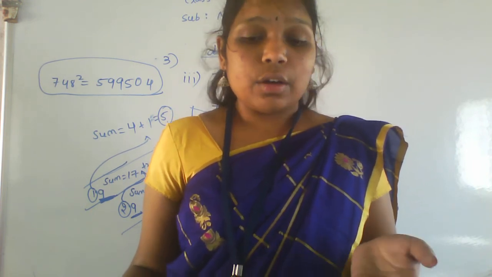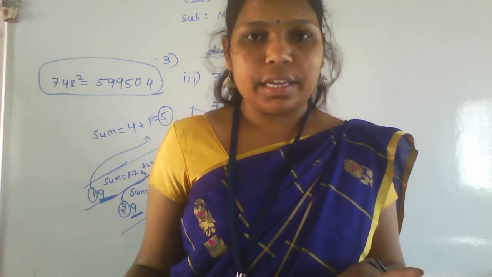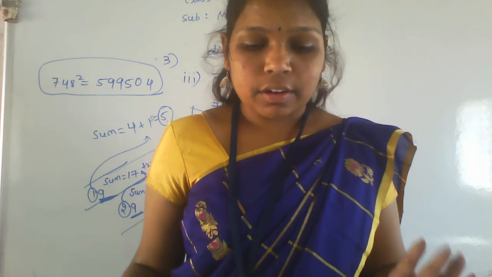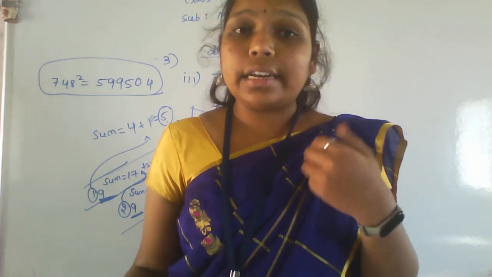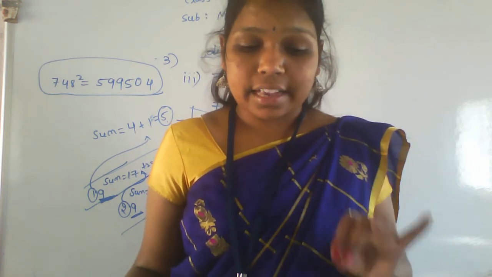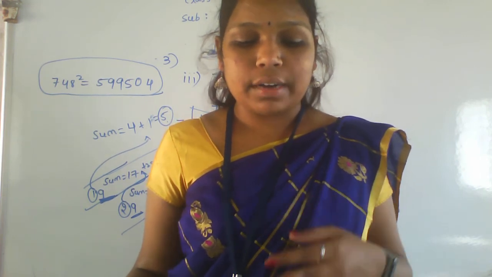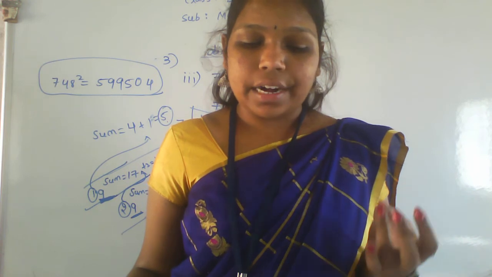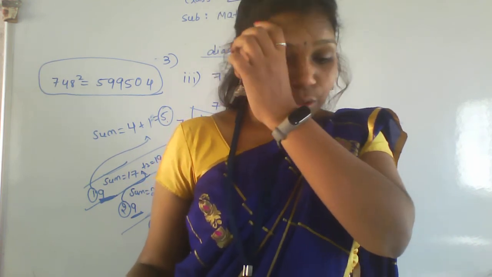Whichever method you find easy, that method you have to follow here. There is no restriction for the fourth main. There are 3 methods. Use the column method, or the diagonal, or the expansion method. Then find the square of all the 4 given numbers, that is 85, 295, 505 and 795. So do it yourself.